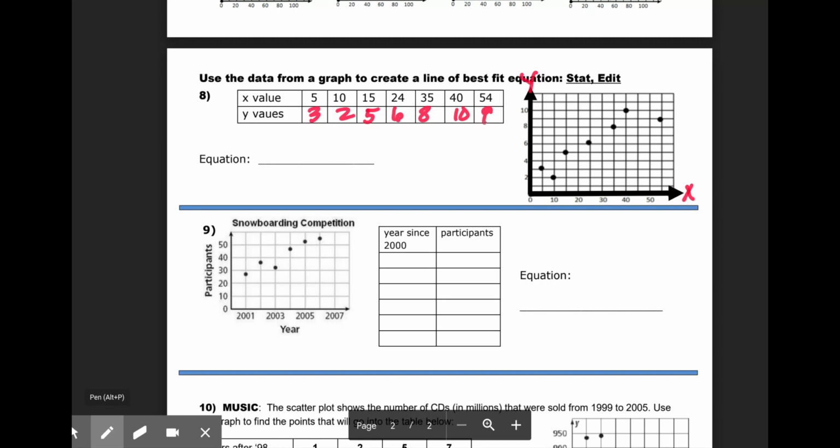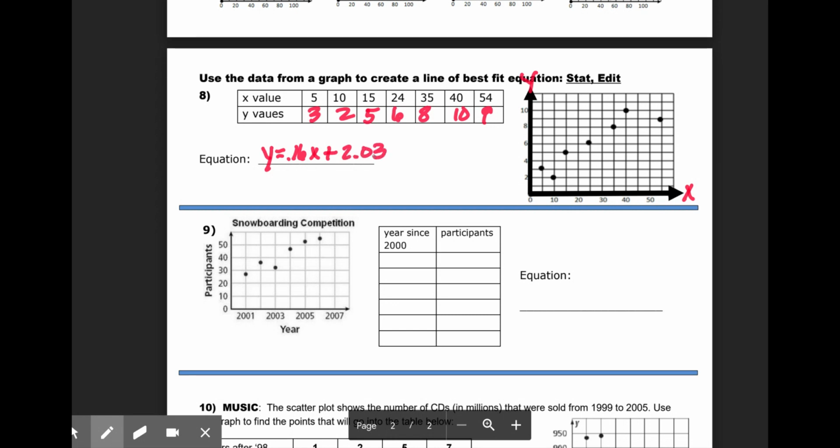So you can go ahead and use your calculator functions and enter those into the calculator. So you could pause it at this time and do that. And the equation is y is equal to, we're going to round it to the nearest hundredths. So it'll be 0.16x plus